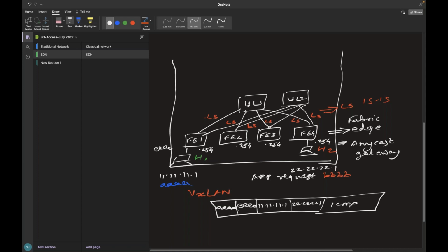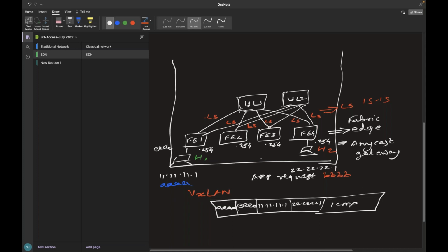So who will tell Fabric Edge 1 that it needs to reach 22.22.22.1 via so and so network? Now this underlay is again all L3, all connected via L3 ports, and I need to basically enable IS-IS or OSPF, correct?